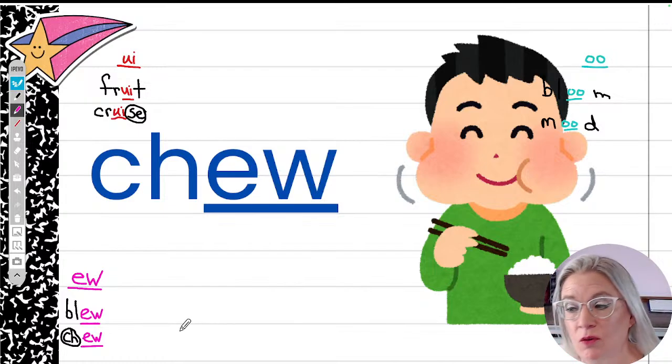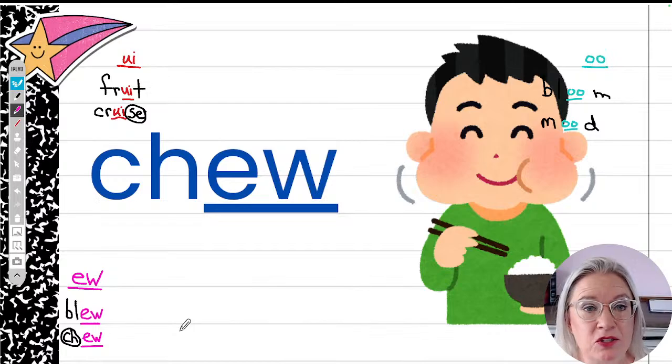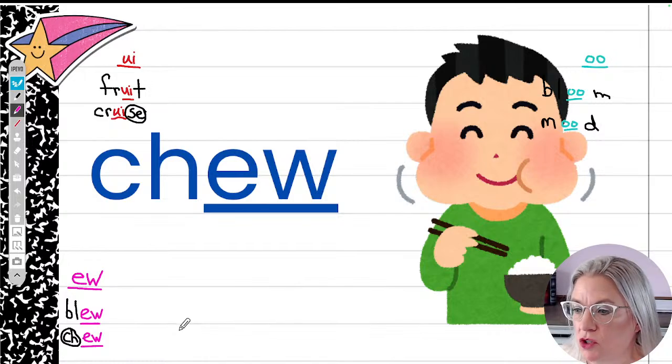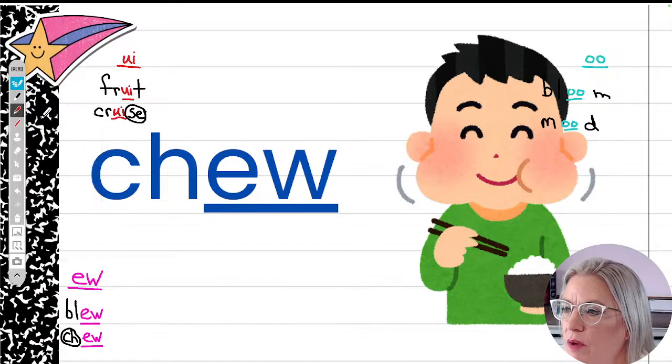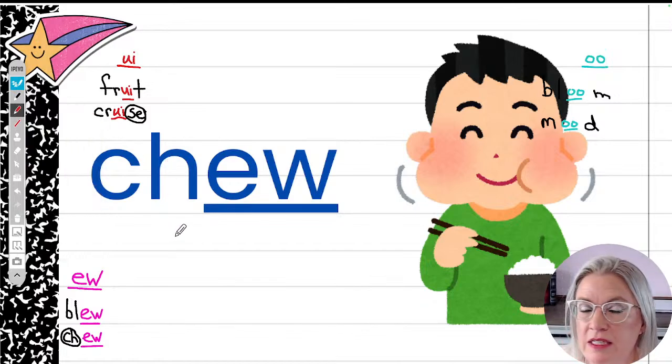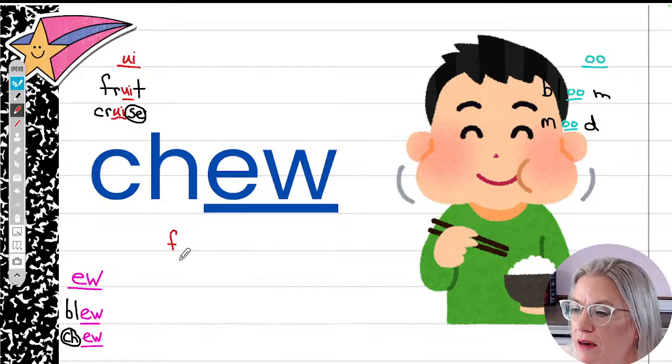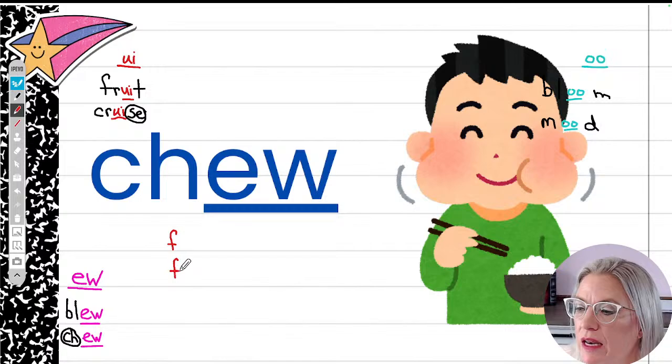Now, there are a couple other different ways that you can practice your words besides just sorting them. We can make rainbow words out of them. We can make sailboat words out of them. They're really fun ways to practice your words, especially if you have some tricky spellings. Like maybe if the word fruit was giving you trouble, we would grab the color for that UI, and we can do a sailboat word with it. We're going to say each sound as we go. We're going to write the very first letter, f, and then underneath it, we're going to write it again, f, and then write the next sound that comes in it, r, and we'll repeat that, f,